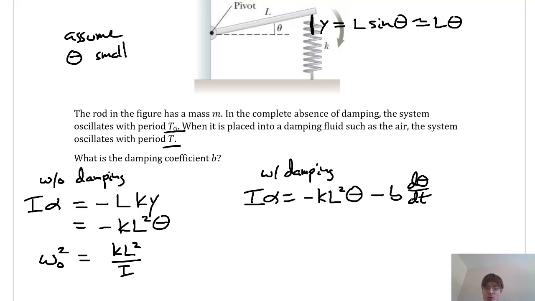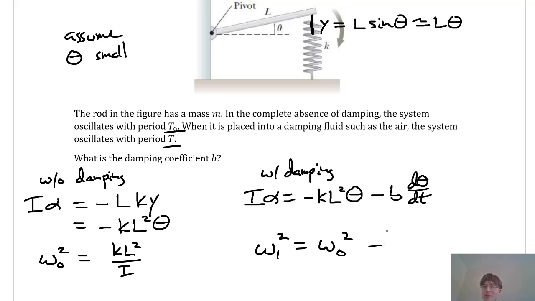I don't want to call the angular velocity omega because that's going to clash with our notation for the frequency of the vibration. So I'm just spelling out exactly what it is, d theta dt. Okay, so we've seen previously how to handle this. I know this is a damped oscillator because I've got the restoring term and I've got the damping term. And so I now know what omega 1 is going to be. Let's write omega 1 squared to get rid of the square root. It's omega naught squared